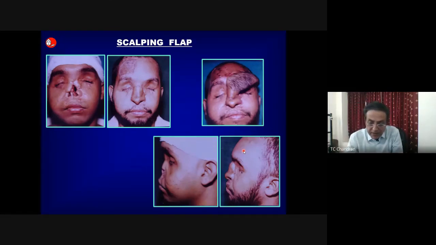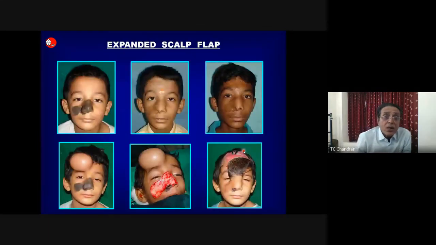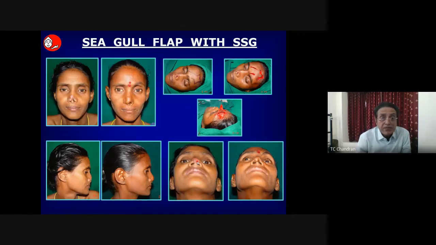It is a very, very safe, effective flap. It can also be expanded. You can insert an expander. Now here this is a benign lesion, so you can wait, do the expansion, and do the forehead flap for a huge defect. So again, you can do an expanded flap.